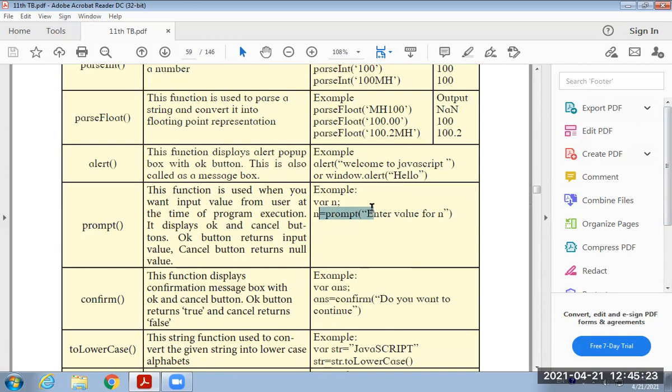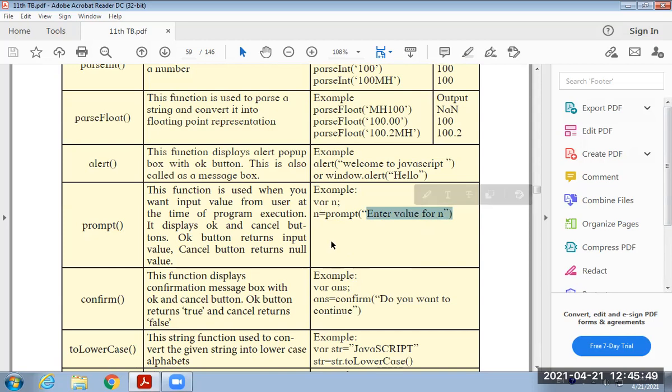Here one variable n is specified, and for this variable n we are asking the user to provide the value using the prompt function. This prompt function will display this data on the screen, and through it the user will enter the value for the variable n.